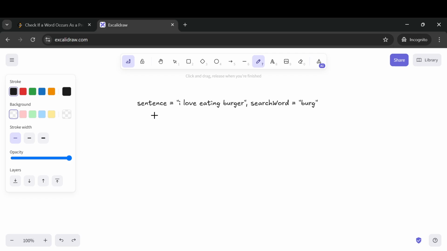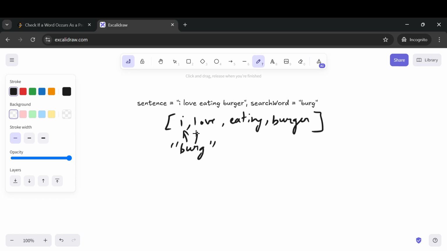I'll try to make the solution generic. So let's say we have a list or array which gets separated out using space as a delimiter. Then this is how the array or list will look like. And what you need to do now is search, or do comparison basically. So burg will be compared with this as well as this. So for the first three words, the comparison won't proceed because the first letter itself is not